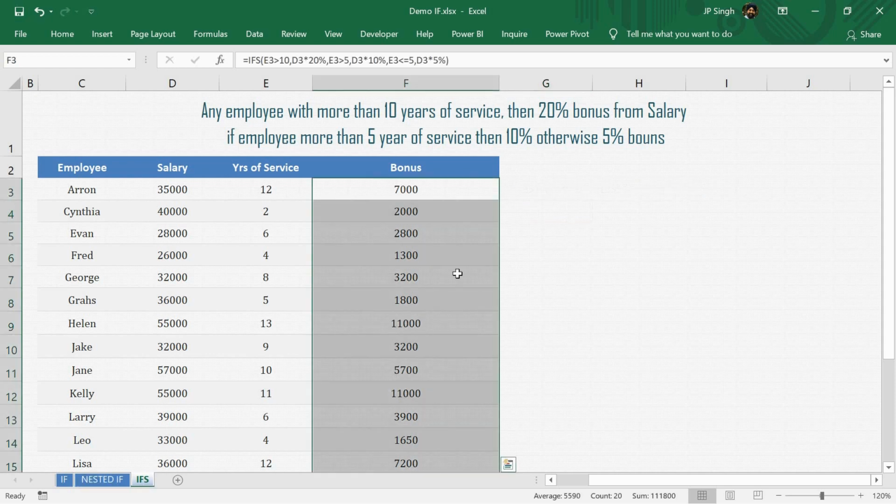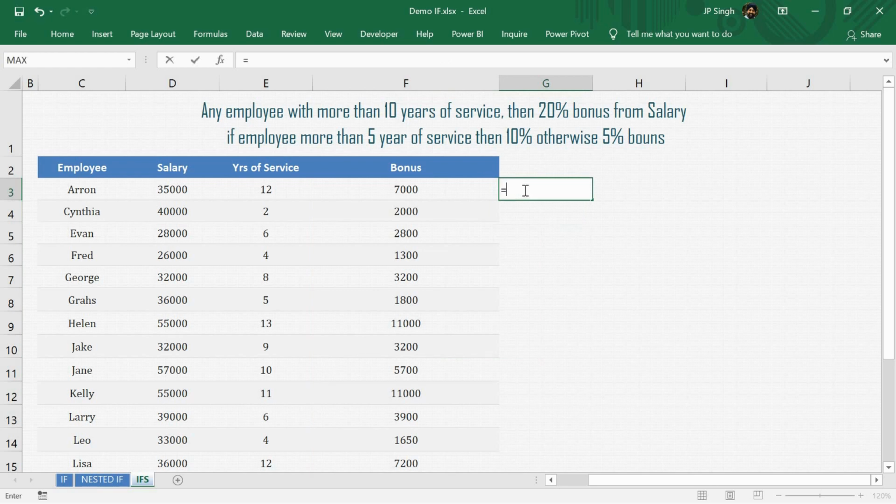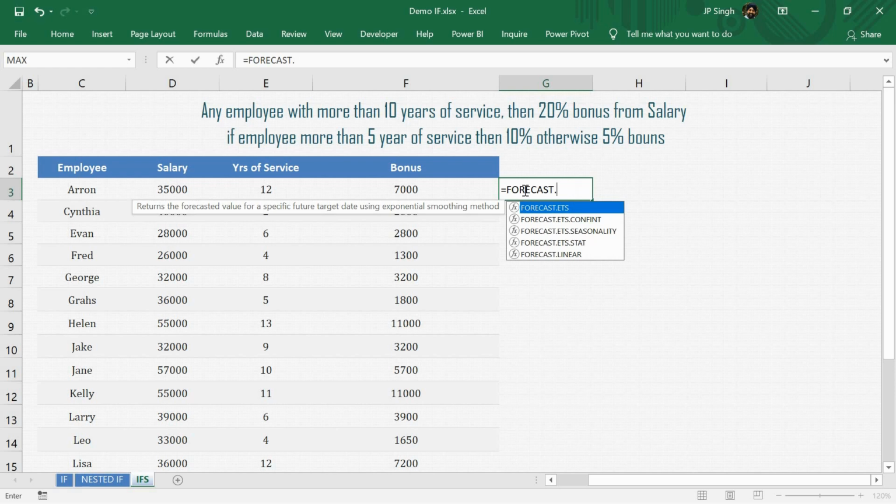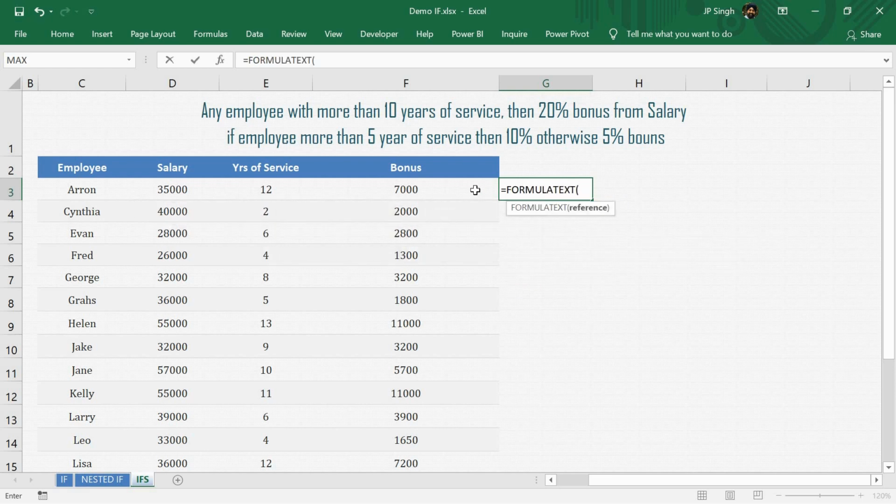So when I move to ifs, it is a very simple one: equal to ifs, formula text. Yes, now better. So in this case you have a simple structure: the first condition, then first execution, then second condition, then second, the third condition, third, and so on. Although we have 255 parameters, so we can put here 127 conditions, which is more than enough for calculation.